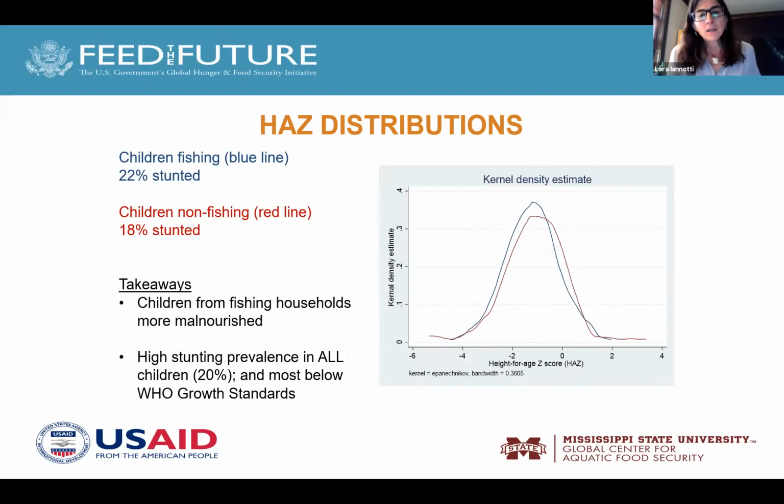Okay, so this is the key finding from my point of view, and Austin will cover the key findings from the fisheries point of view. But what you could see is what is embodied in the title of the presentation, which is the paradox. And that is that height for age Z-score, which is an indicator of that stunting problem of malnutrition, is higher in the fisher households. So on the right is the